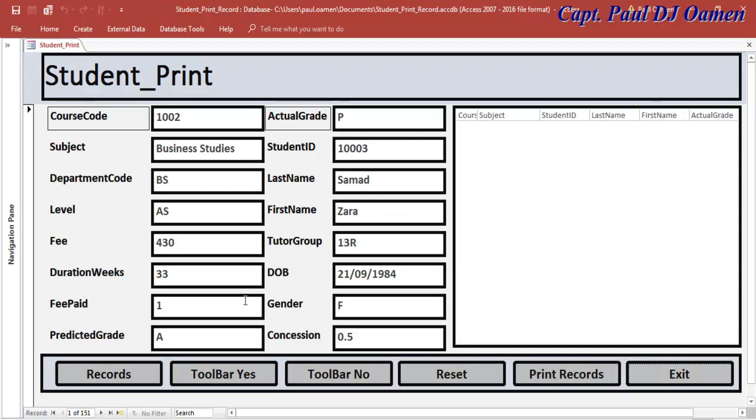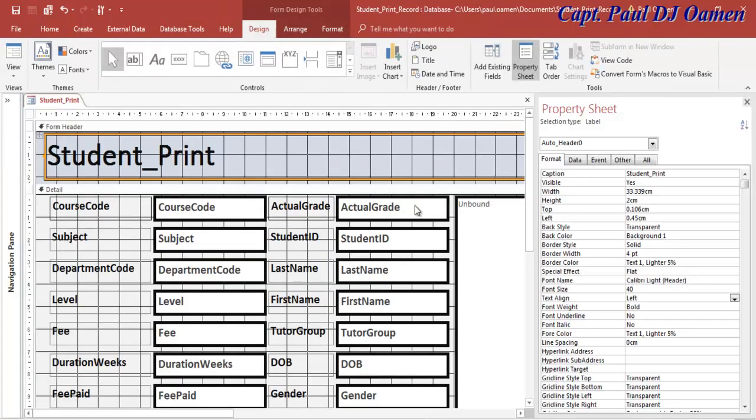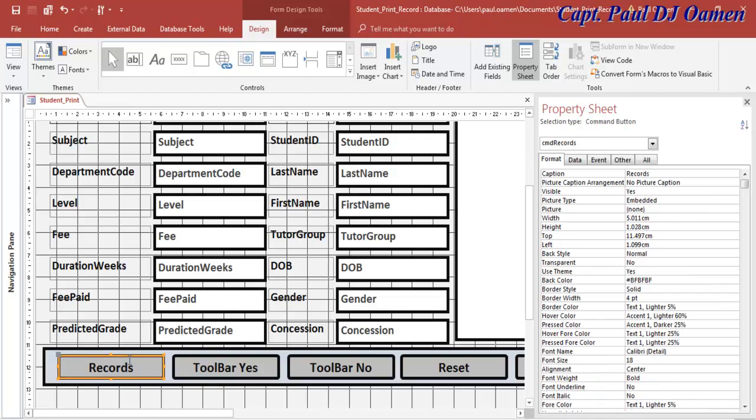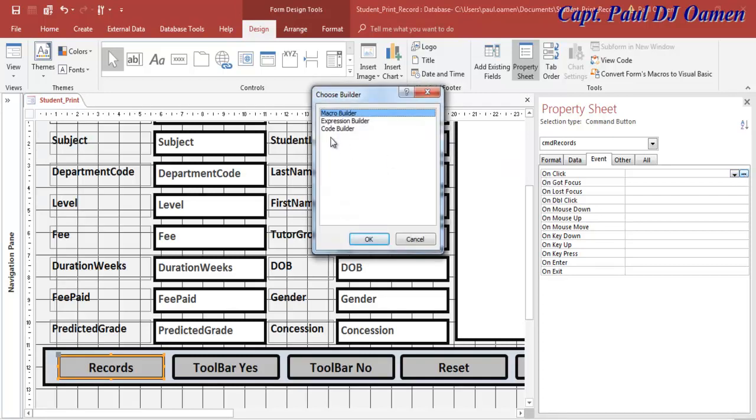So the first thing I like to do is to be able to click on this record and add it onto this list box. So to achieve that, let's go back here. Let me just press Control F1 here and come right here, get rid of that. Now on this very button, make sure it's selected, come to events. You see where we have event, and let's click on click. Let's select these 3 dots and let's select code builder, click on OK,